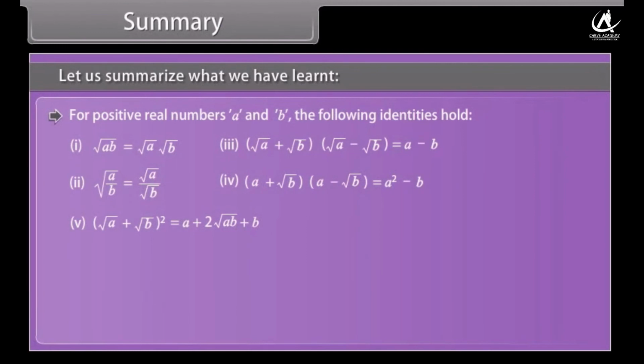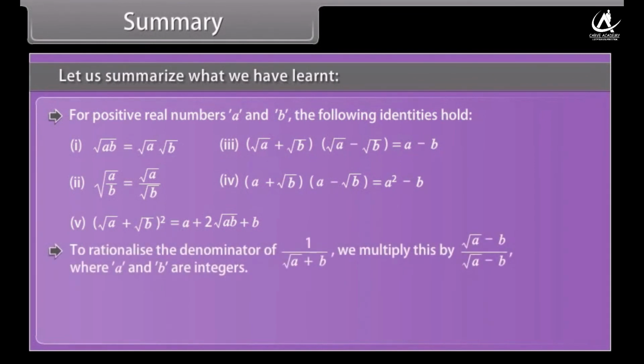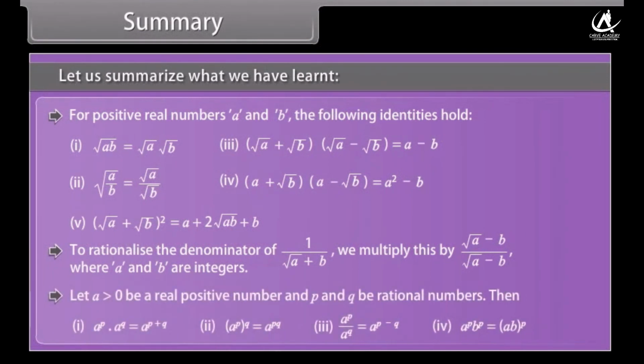For positive real numbers a and b, the following identities hold. To rationalize a denominator of 1 upon root a plus b, we multiply this by root a minus b whole upon root a minus b, where a and b are integers. Let a greater than 0 be a real positive number and p and q be rational numbers, then